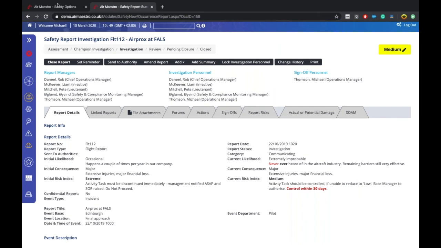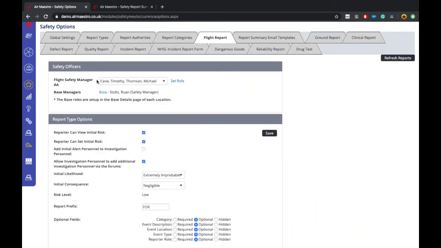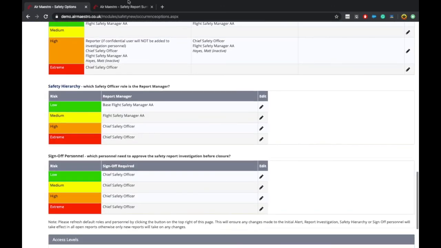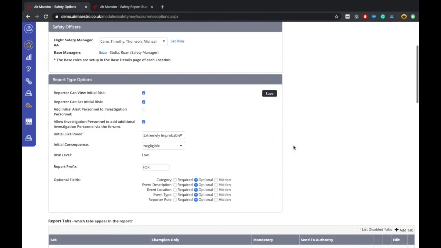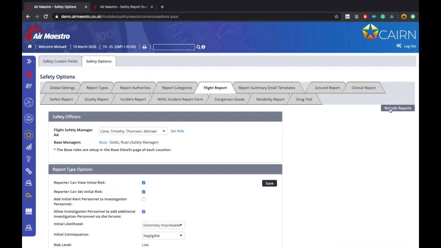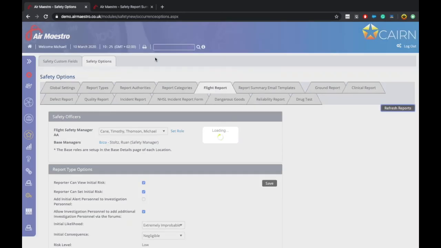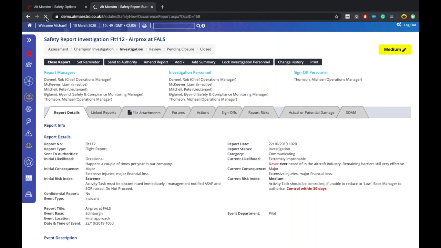Where was I? Right, so we changed the flight safety manager to include Timothy Kane, but he's not on this list, which is why we have this refresh reports button. What this does is it looks at all reports that have not yet been closed, so all open reports, and it will refresh the personnel who are involved. So that's report managers, investigation, and sign-off. So if I click refresh and then refresh this page,